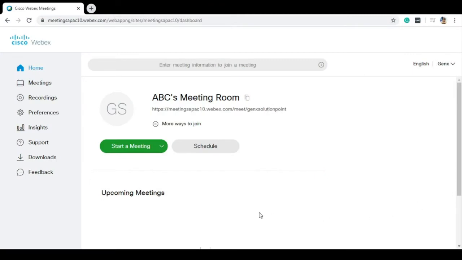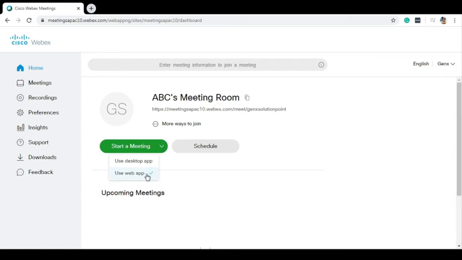I hope you have seen the previous video of Cisco WebEx, how to register and what are the settings we have and how to change all those settings for our need. So now again I am reminding you that there are two options for the laptop, that you can go with the desktop application or you can go with the web application. Right now I am going to show you the web application, how to start a meeting and what are the options once you start the meeting.